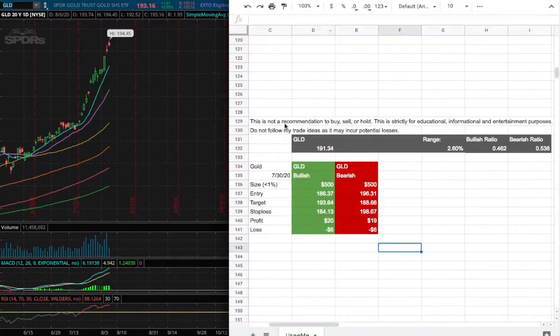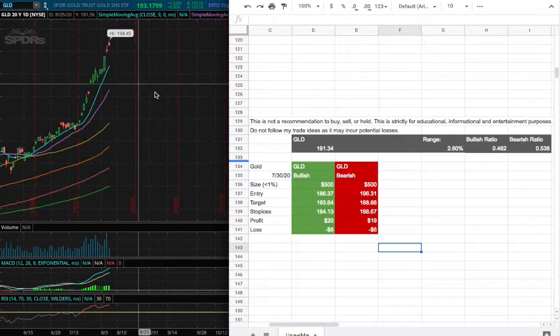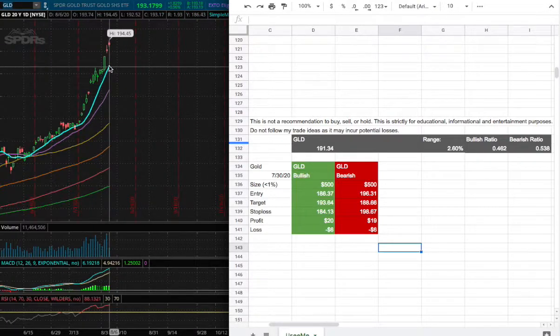For my trade idea, my position size will be less than 1% of my portfolio, and my entry will be $186.37, which is around this range right here, and fairly close to the 9-day moving average. And for my sell target for my long position is $193.64, and my stop loss for my long position is